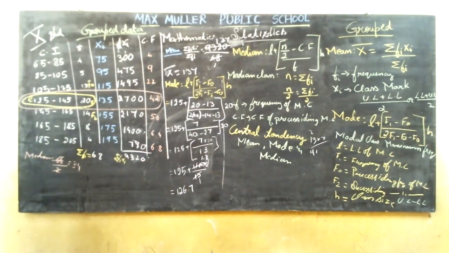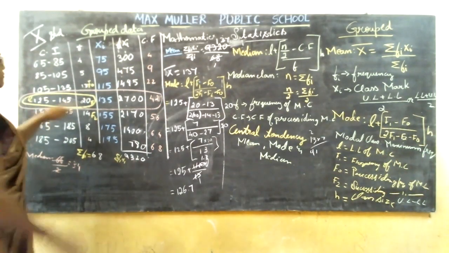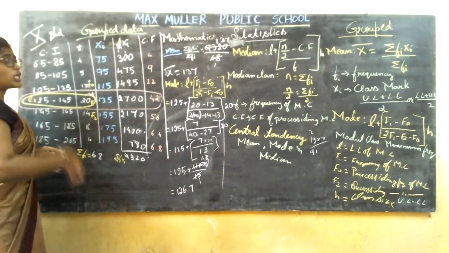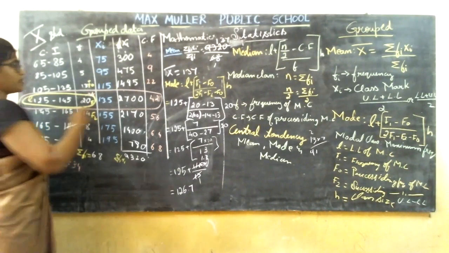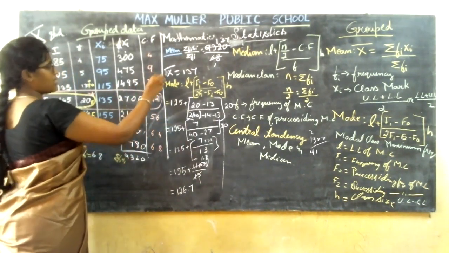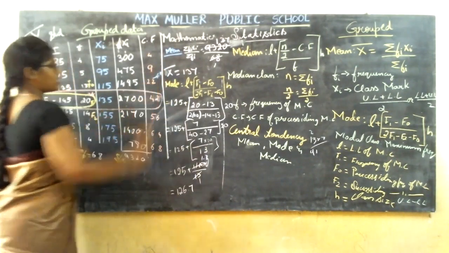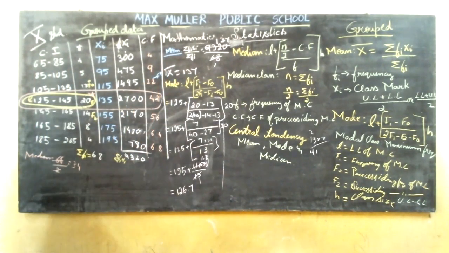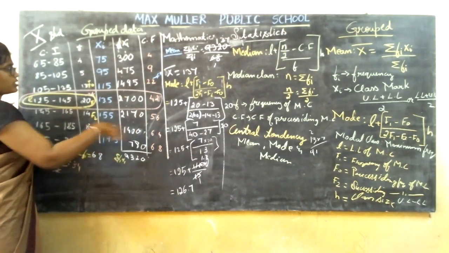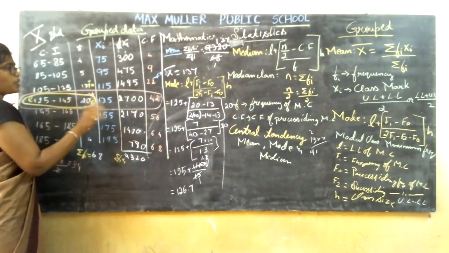Now, what all the things do you want? L is already ready for you. Then f is also ready for you. Thus f1 will also be equal to f. Then cumulative frequency. Which cumulative frequency are you going to take? Whatever the median class preceding number you have, that is the cumulative frequency. Now I think you got a clear picture. Do not confuse yourself. I've used different chalk. The white chalk is completely for your mean, then yellow is for mode and the pink is for median.